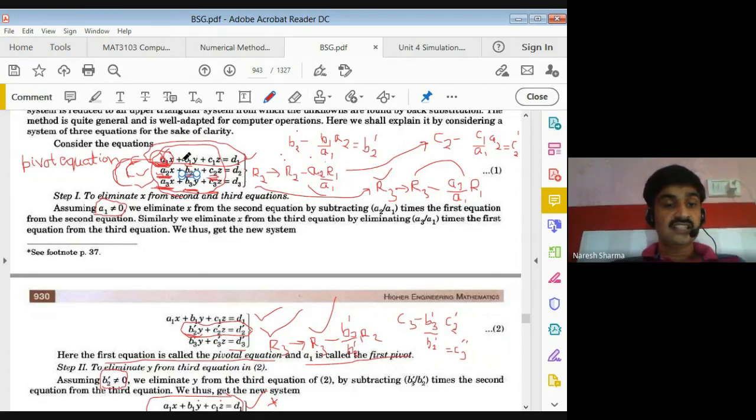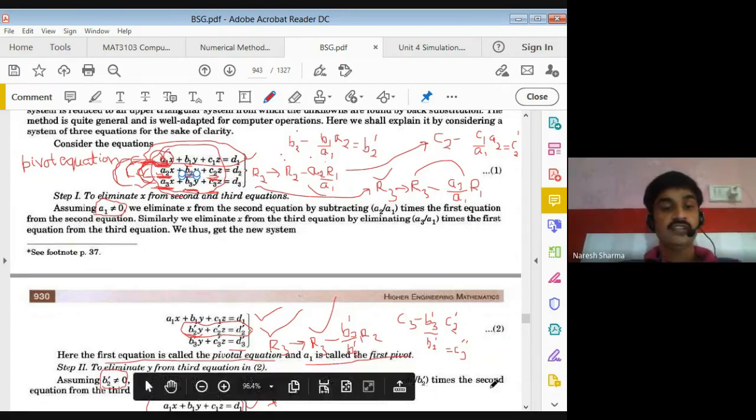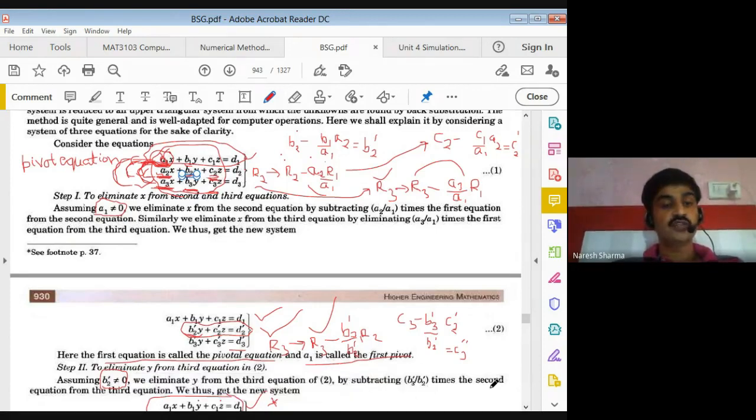So once you interchange this, your C2 appears here, and then you can use your row operation first and second. Here this reaches your first position, that is the A11 position, C2. So this use of your row and column involved, this pivoting is called complete pivoting. So it's your choice. To make it non-zero, you can change the position or the equation also, that is complete pivoting. If you change the equation only, then it is called partial pivoting.